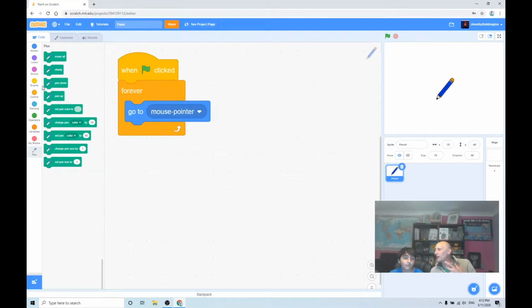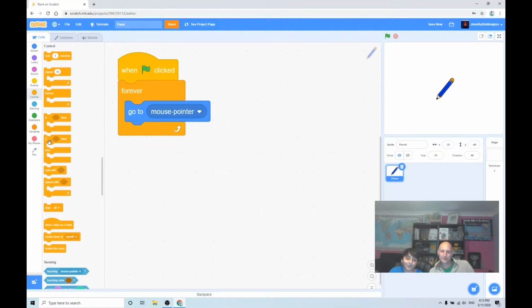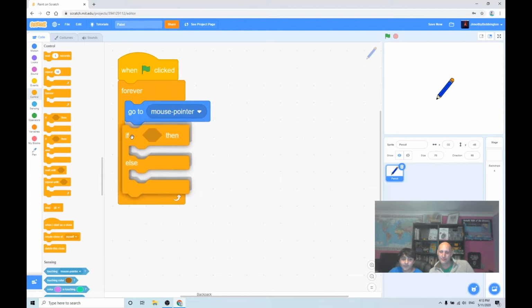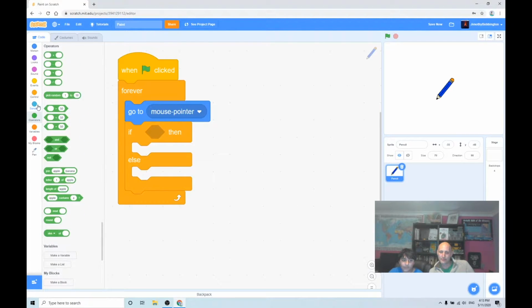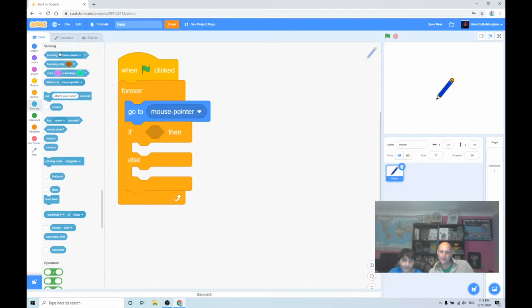Brilliant. So I want it to be if I click the left mouse button, I want to start drawing. So how can I get that to happen? So we can go over here to control, and we can grab this if else block, and we're just going to put this underneath the go to mouse pointer. And now we can go over to sensing, it's this light blue one, and we can find underneath key pressed, we can find this mouse down,